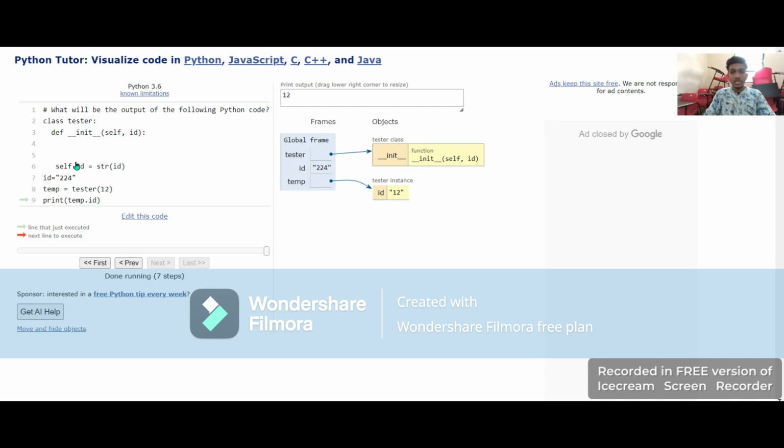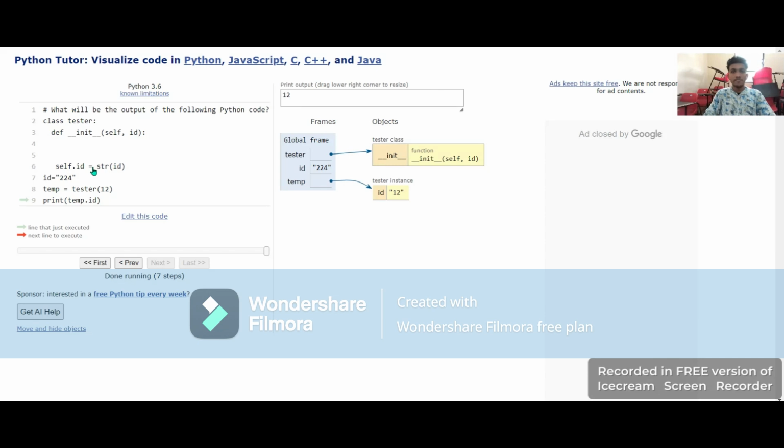Line 6 assigns the instance variable self.id to the string representation of the id parameter passed to the constructor, str(id). In this case, when temp = tester(12) is executed, later it will initialize